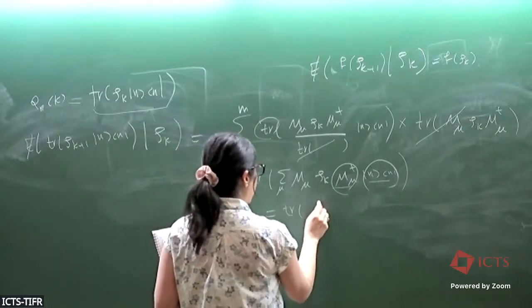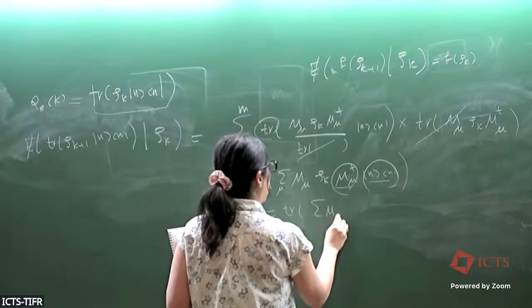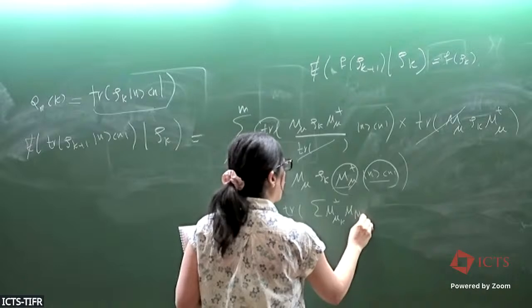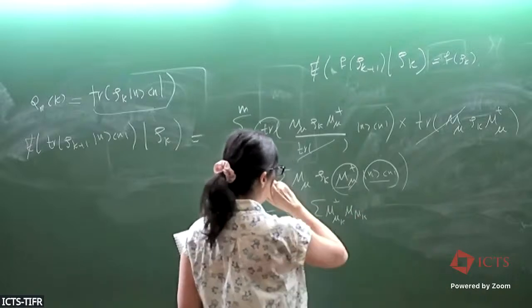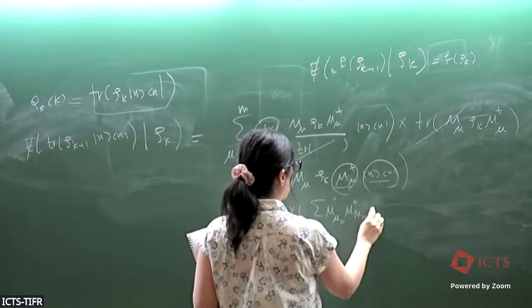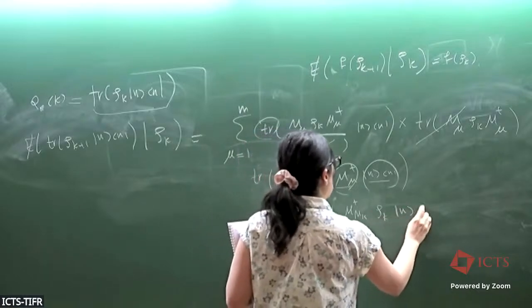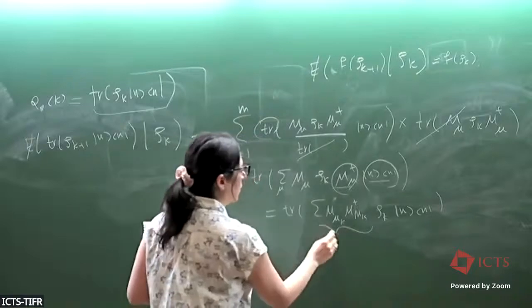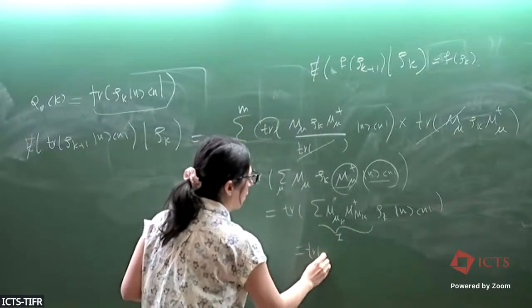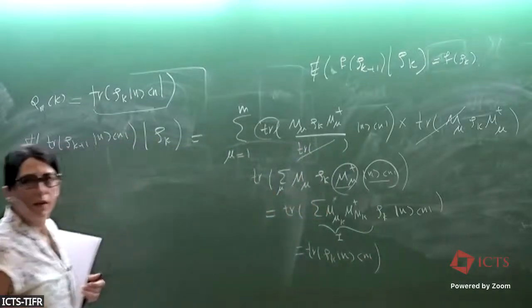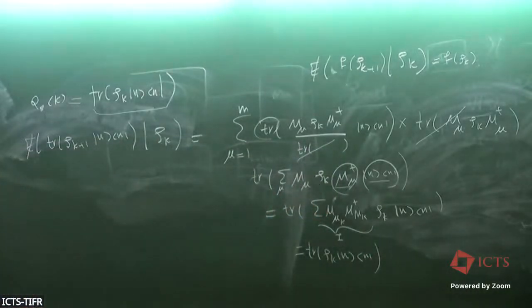So you have the sum of mk, mk dag, rho k and n. And this is identity, right? So then you get a trace of rho k and n. Then you have a martingale. So now